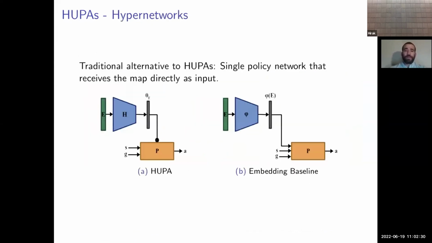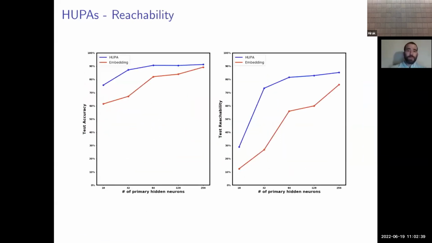The traditional alternative to HUPAs is the embedding one. This approach learns a single policy network which receives the map directly as input. We compare the two approaches on the navigation task in terms of reachability. This metric measures how often the agent reaches the goal using the generated policy and is more informative and strict